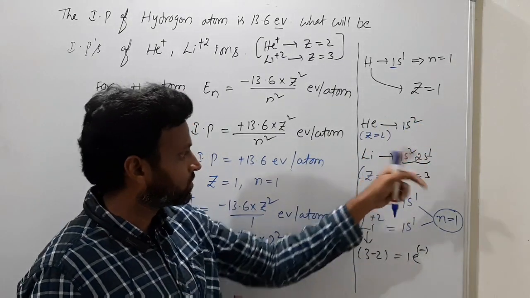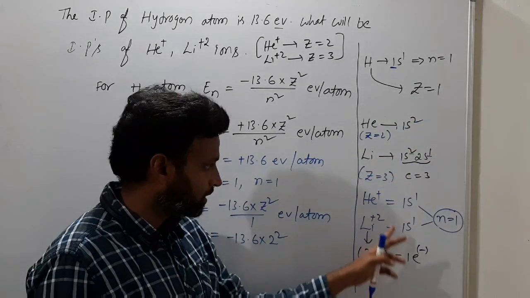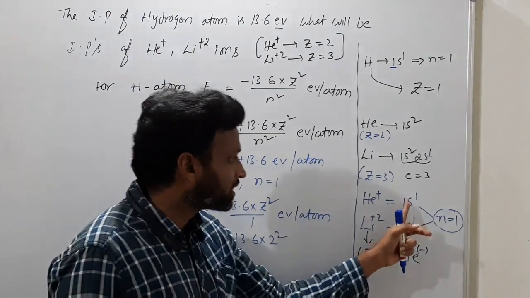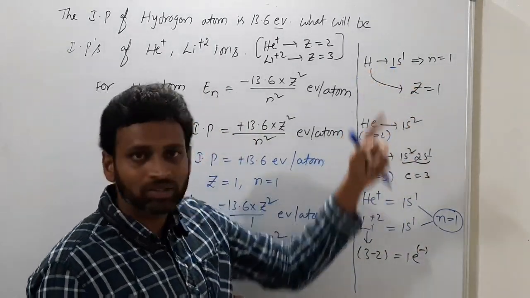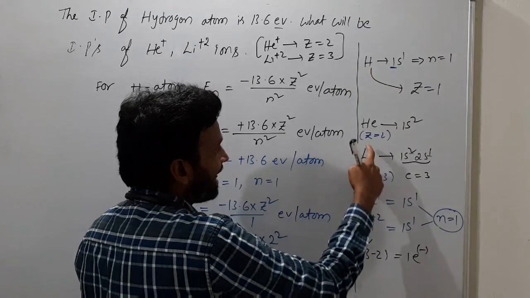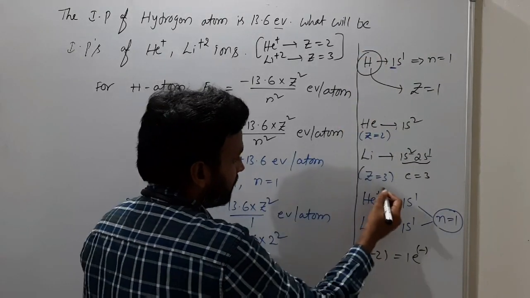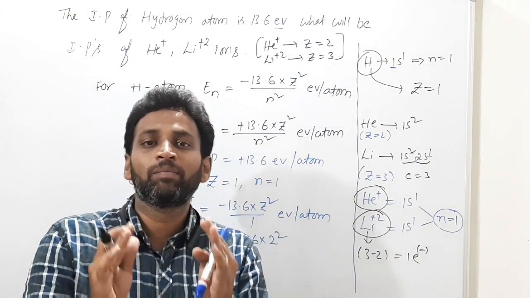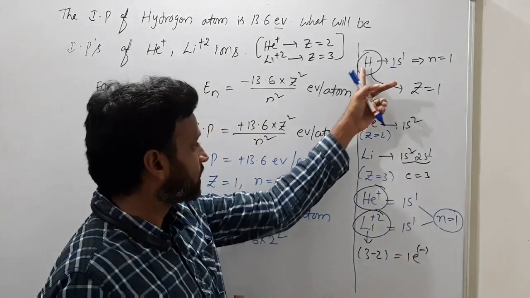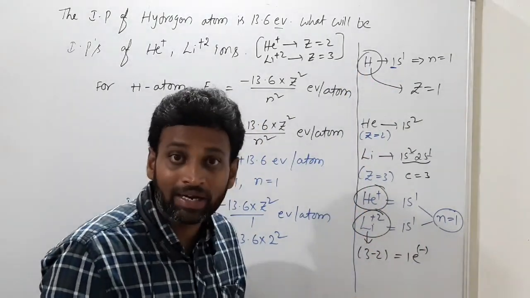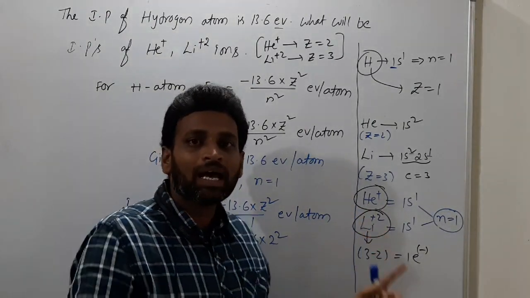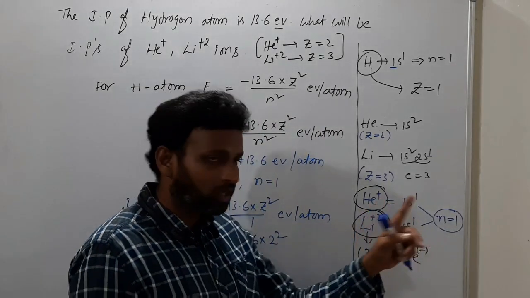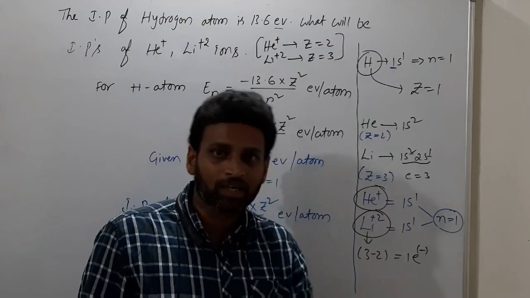From helium 1 electron is removed, so hydrogen configuration 1s1. Li2 plus has the same hydrogen configuration because it also lost 2 electrons. 1s1 is nothing but what? Hydrogen configuration or not? That's why these are called isoelectronic. This hydrogen, this He plus and Li2 plus are isoelectronic. That means they have the same number of electrons. Hydrogen and hydrogen like species we call them. Hydrogen like species means having how many electrons? 1 electron each. He plus has 1 electron, 1s1. Li2 plus 1 electron only.